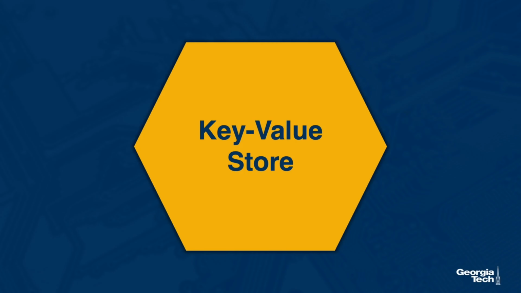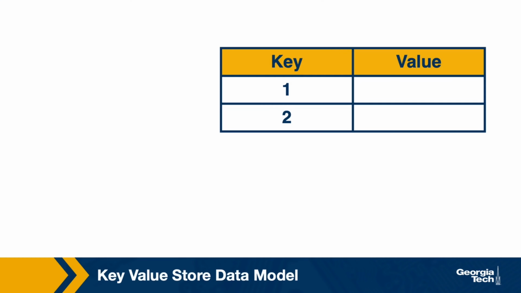To make the discussion about consistency more concrete, we will talk in the context of key-value stores. Key-value stores are data stores where each piece of state in the system, the data, is uniquely identified by some key, and the value associated with that key can be some arbitrary data blob of some size. This illustration here is the simplest illustration of a key-value store, like a simple hash map. The basic operations on a key-value store are put, which writes a value for the associated key, and get, which reads or returns the value associated with a key from the data store.